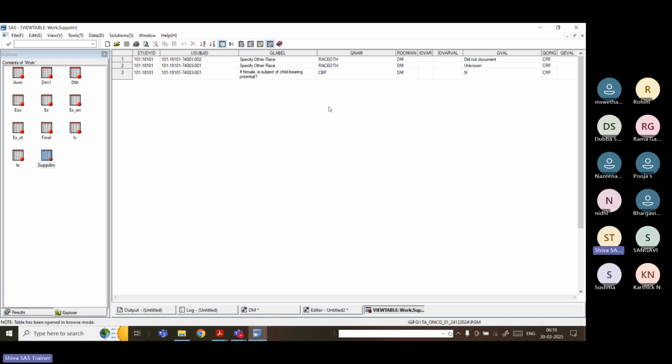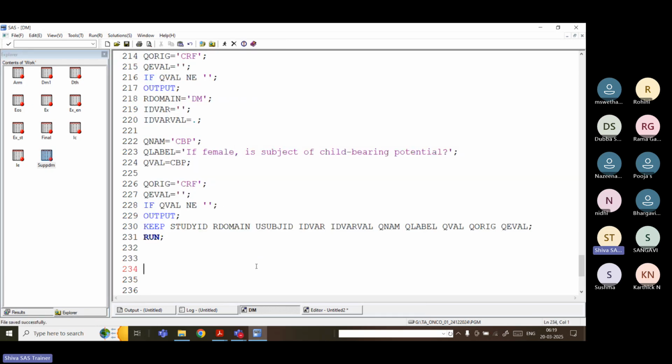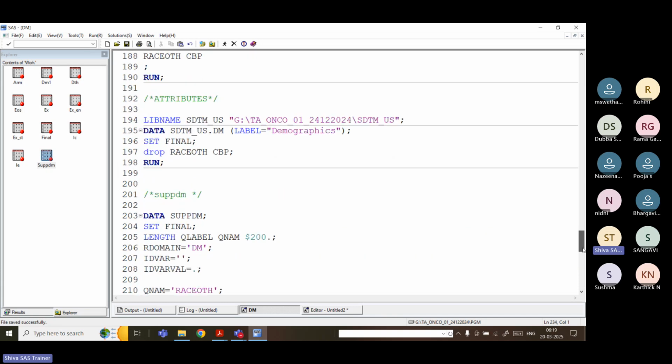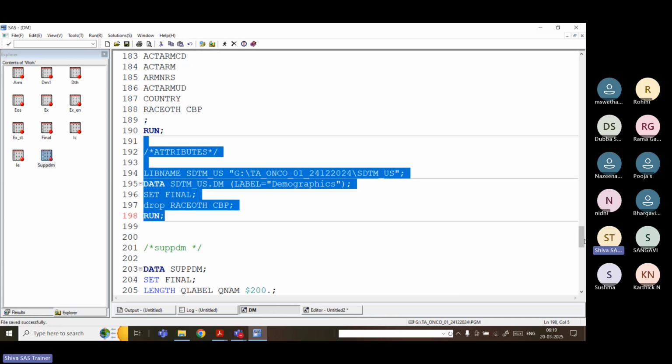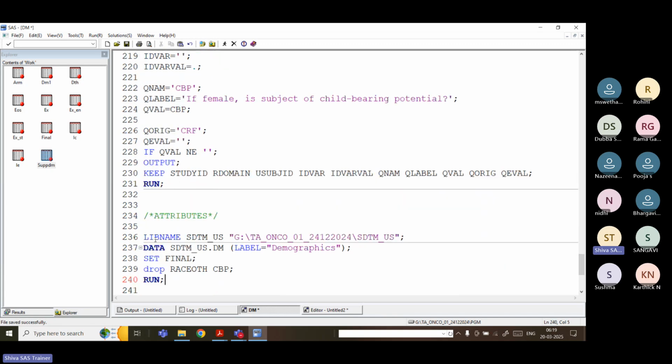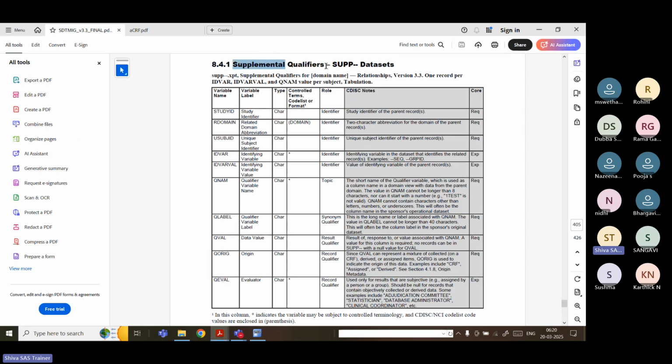You can see there is no truncation. So likewise, for any supplementary data set, we can follow the same process. Okay. So what are the extra variables? Just identify them from the raw data set and keep those variables in the supplementary data set. Once you are done, what do you do? Simply apply the attribute sections, meaning the labels and lengths, and send this data set also into the permanent library, and the label you can give as supplemental qualifier